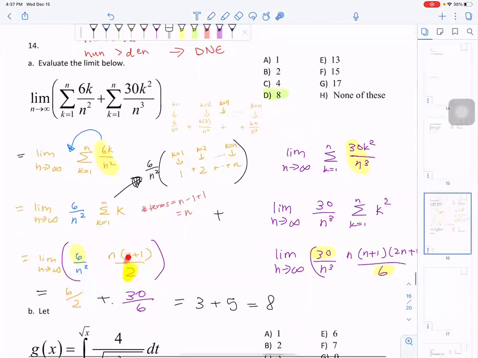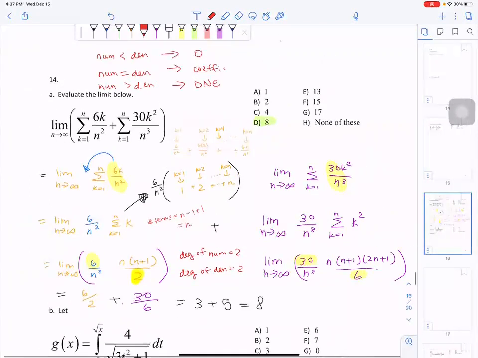So here, the degree of our numerator is 2. Degree of numerator equals 2. Our degree of denominator also equals 2. So what does that mean? We take the limit equals their coefficients. The coefficient on the top is a 6. The coefficient on the bottom is a 2. So your limit is the coefficients, 6 over 2, which is 3. And you do the same thing for the